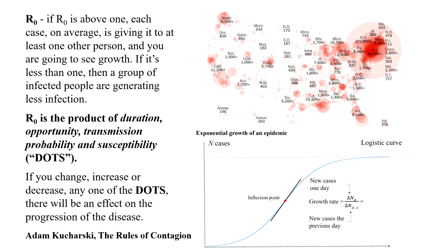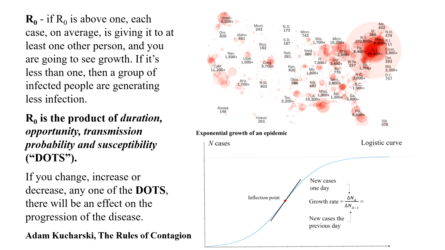So if R naught is above 1, each infected case, on average, is transmitting the disease to at least one other person, and we can see growth of the epidemic, or in this case, the pandemic. If it's less than 1, then a group of infected individuals is generating less infection, and eventually the pandemic is going to die down. So R naught is the product of duration, opportunity, transmission probability, and susceptibility,